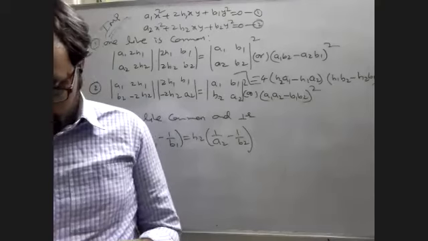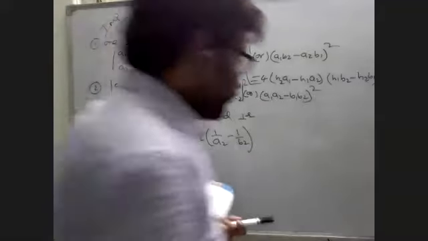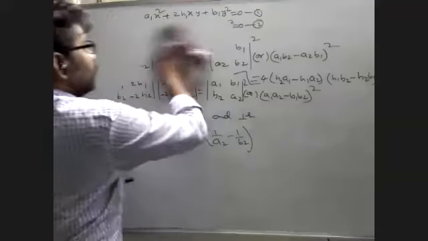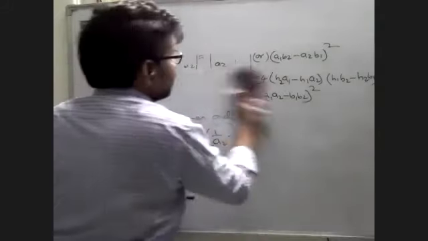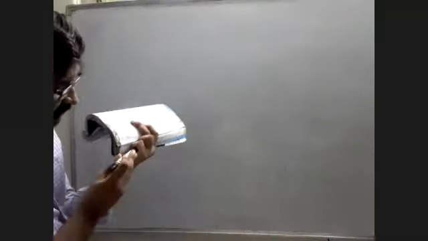Yeah. So after this common line, then types of triangles. Depending on pair of line, means two lines we have, but to form a triangle we need one more line. So it's given a pair of line and one line. Pair of line means two lines. One more straight line means that is one line. Total 3 lines. If 3 lines form a triangle, which type of triangle we have to discuss now. Equilateral, isosceles, right angle, whatever it is. We will discuss that now. Listen carefully. Types of triangles. Depending on one pair of line, one straight line. One pair of line, one straight line will form only one triangle.